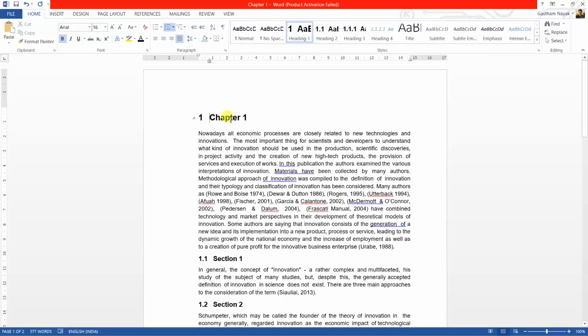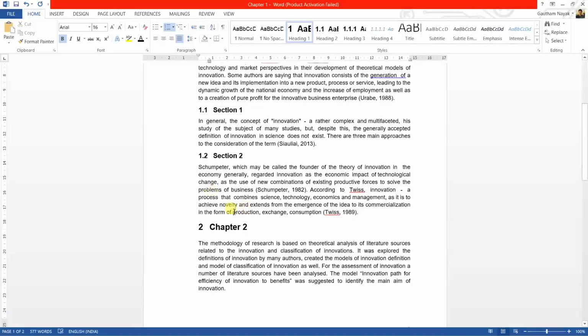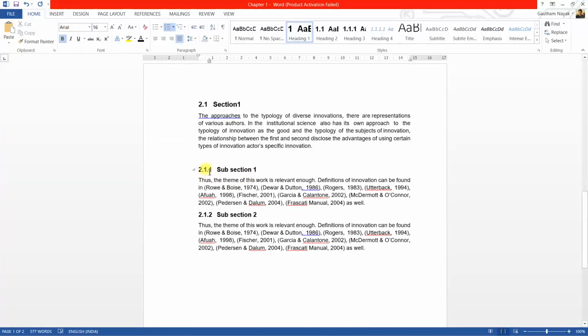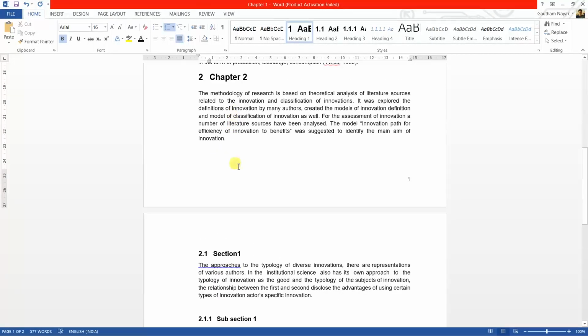So right now it is 1 chapter 1, section 2, chapter 2, section 1, and 2.1.1 since it is a subsection of section 1, and 2.1.2 since it is the subsection of section 1 of chapter 2.